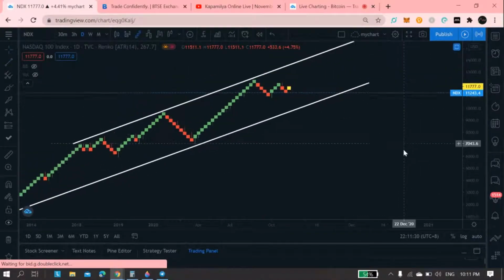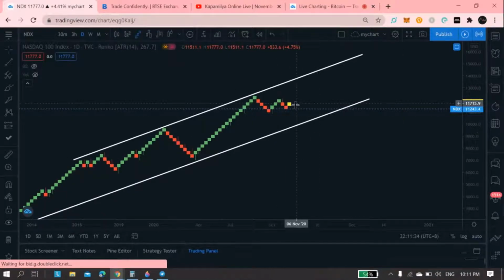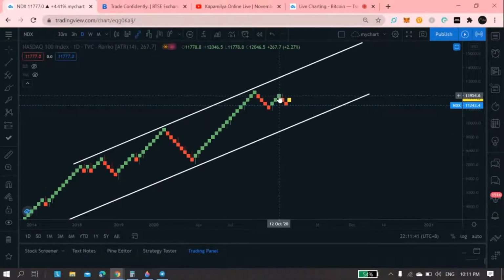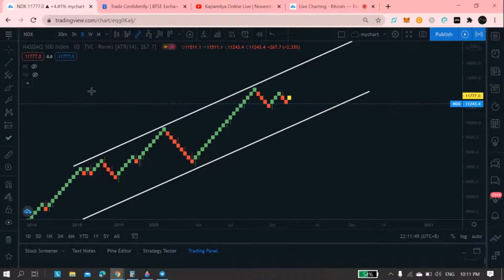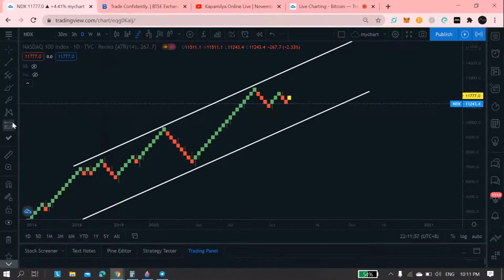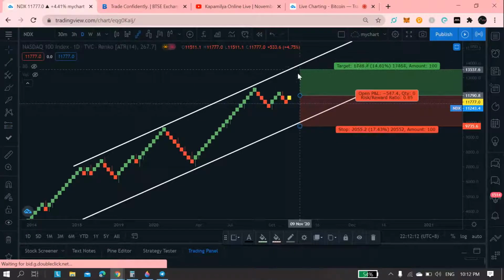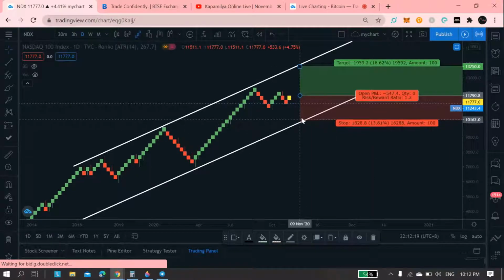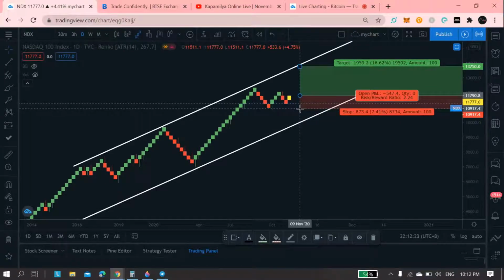So this is it, and it's actually forming a projected bullish Renko chart. So it could possibly retest the previous resistance of this area around the 12,046. So if I go long, currently at 1177, so here, my possible target is possibly this area, another possible long-time all-time high, but my stop loss area could possibly be this area